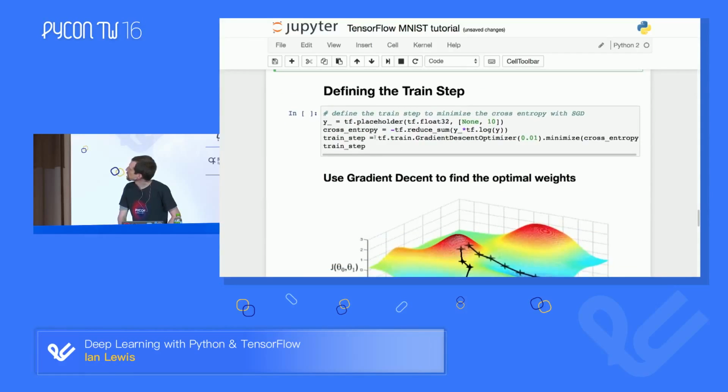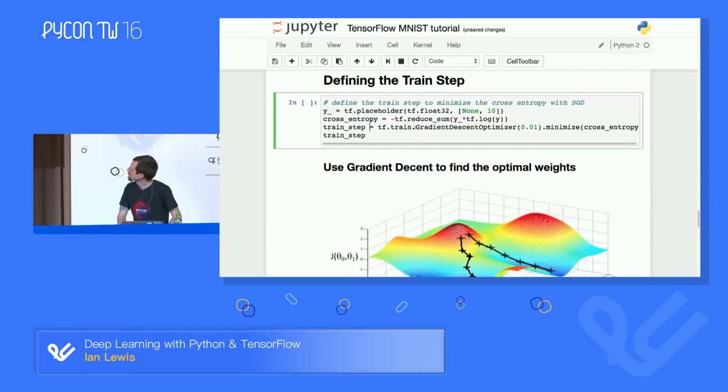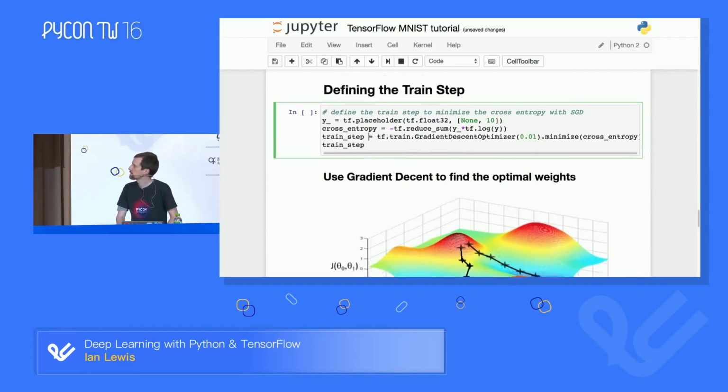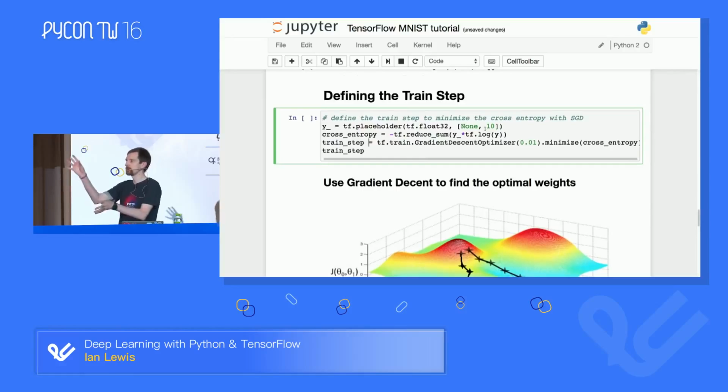Next, we're going to define the train step. This is actually used for training. What we're going to use is our gradient descent optimizer. This is the step that comes after the model itself, to do the training and update the weights and biases. So here what we're going to do is give it, this is called a training